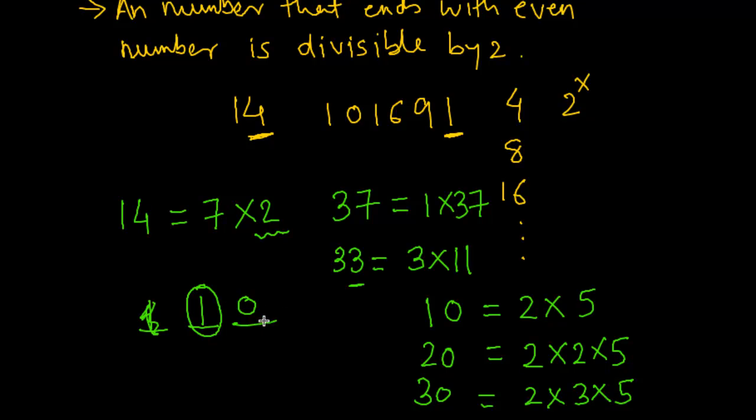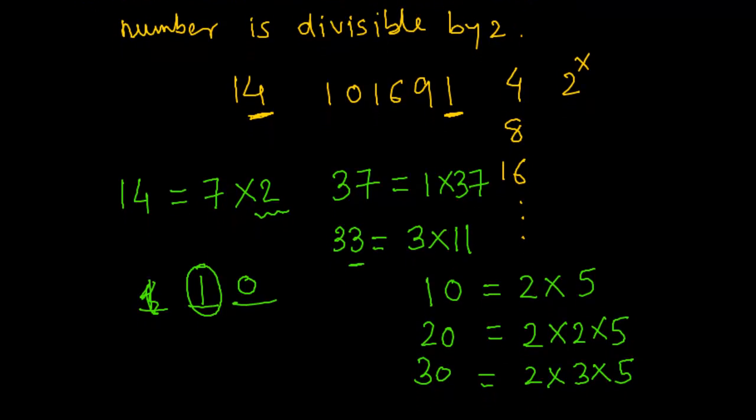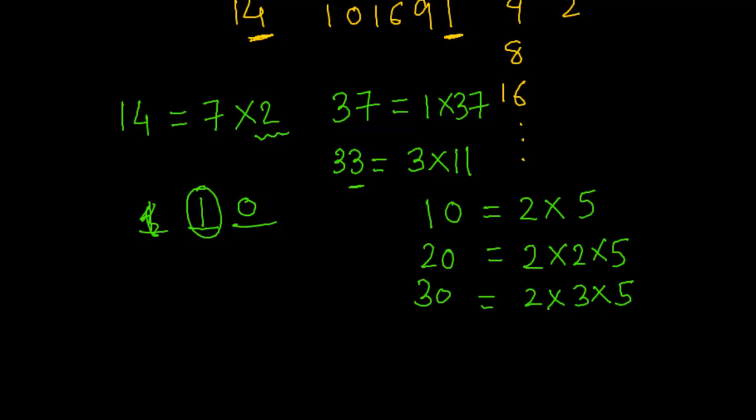The only indivisible part would be the units place. So that is the reason why divisibility by 2 heavily depends upon the units place. See, when you write 31, you effectively mean it's 30 plus 1. Now this part is obviously going to be divisible by 2. The thing that is not divisible is this one, and hence we always rely upon the units place of a number for divisibility by 2. So that was all about 2.